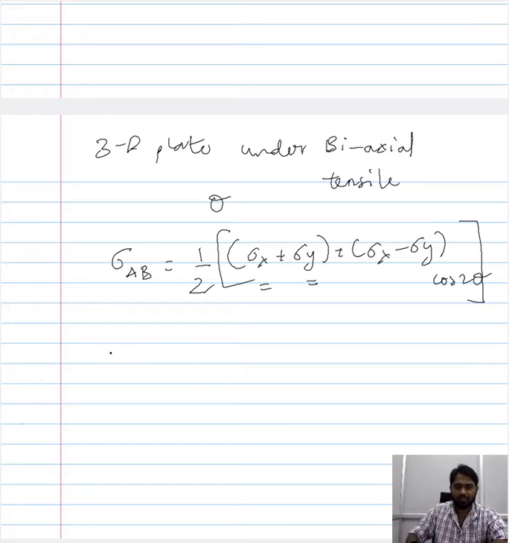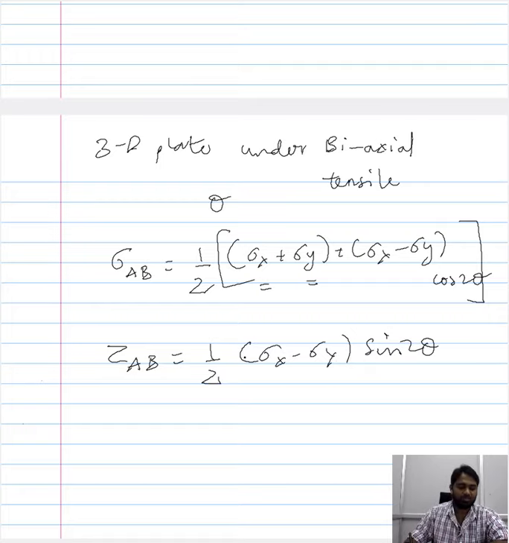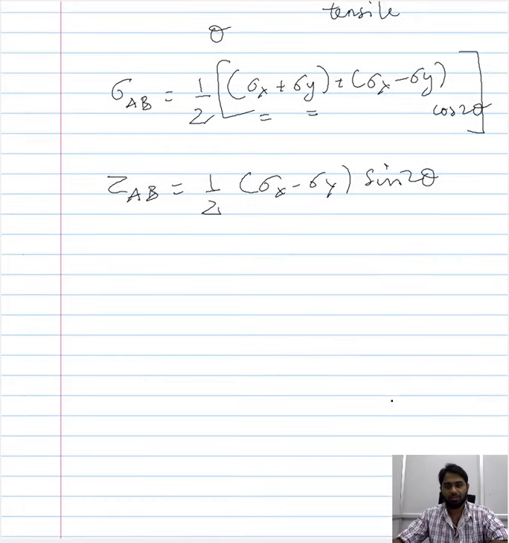Similarly, we also saw that the shear stress is of the form 1 by 2 (sigma x minus sigma y) sine 2 theta. So these were the two expressions that we derived for quantifying the mechanical condition experienced by a region of interest inclined by an angle theta within a three-dimensional plate that is experiencing a biaxial loading condition. So based on these expressions, we were able to identify principal planes